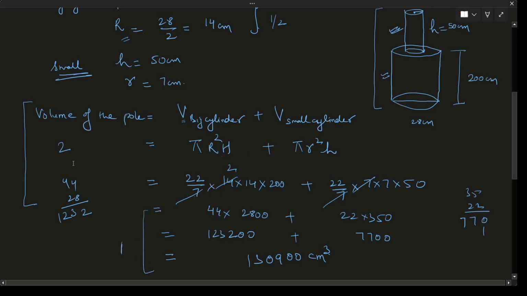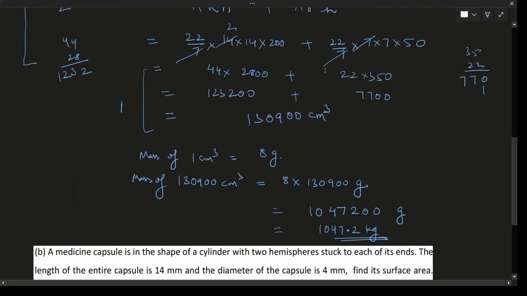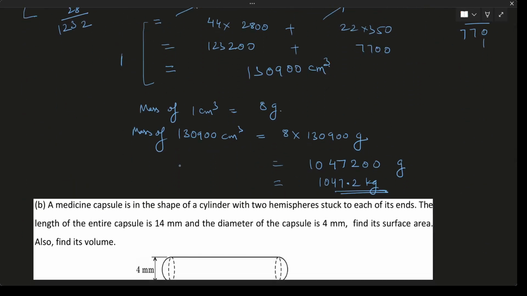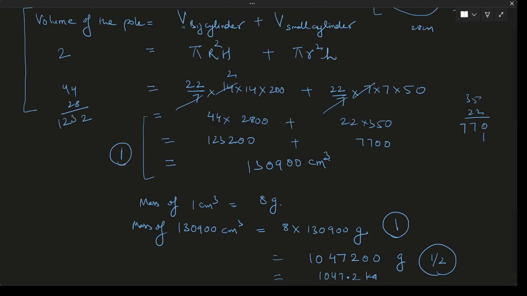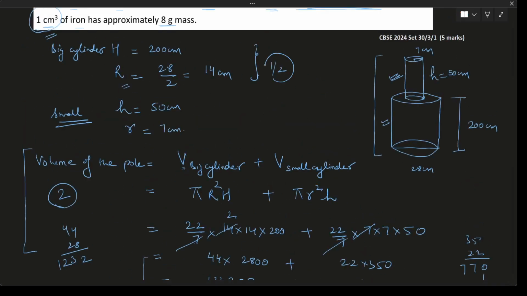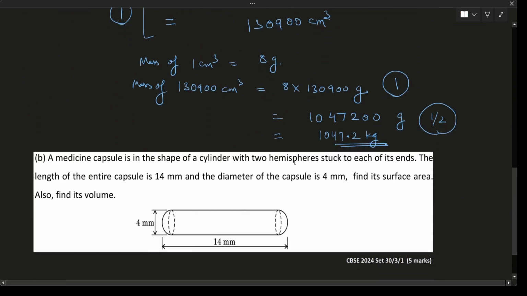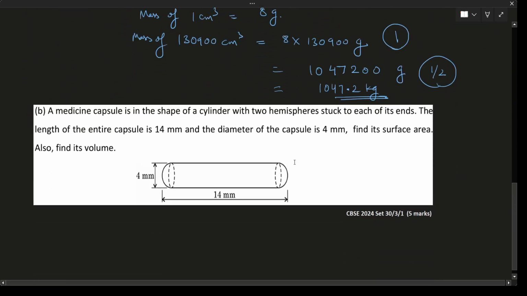Okay, so 3.5 is done. Now here the cost wala part. So you will have 1 mark for this part and half mark for this calculation. Okay students, so I have told you how do you get marks also. So please take care of writing proper steps when you solve. Okay, now let's come to the next question, which was the or part of this question.